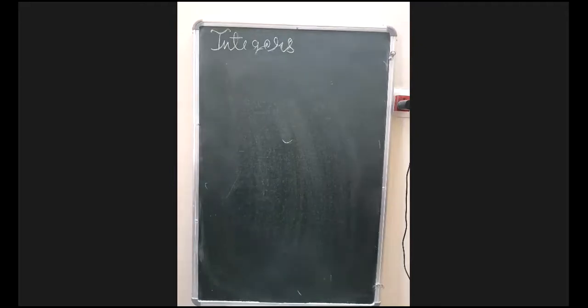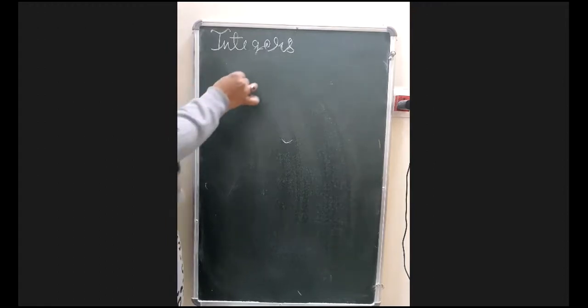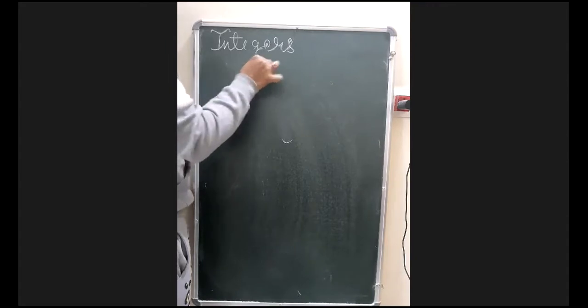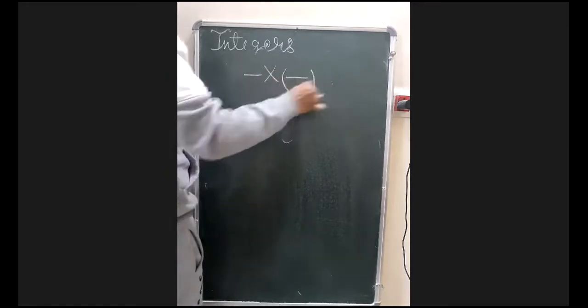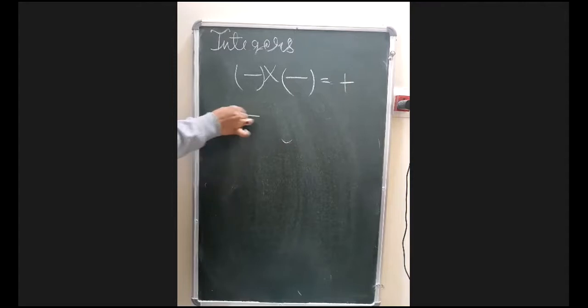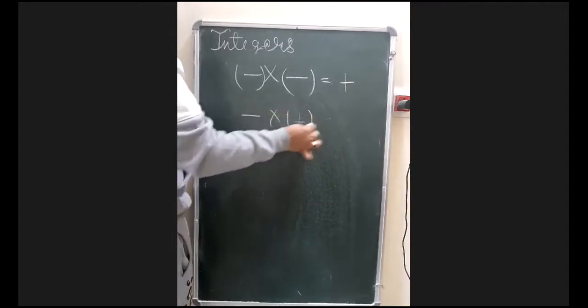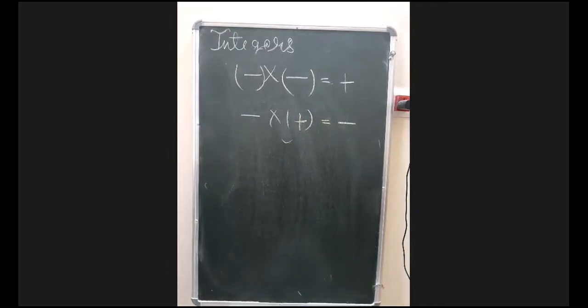Remember, now we are moving on to subtraction, and for subtraction we need the concept of multiplication too. And remember, in the concept of multiplication, when you have a minus sign with a minus sign coming together, the sign gives you plus. When you have a minus sign coming with a plus sign, you need to have a minus sign. You need to focus on this too. If you have plus and minus coming together, you will get minus. If you have two minuses coming together, you get the sign of plus.